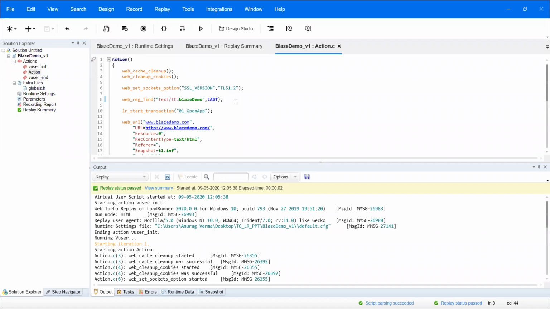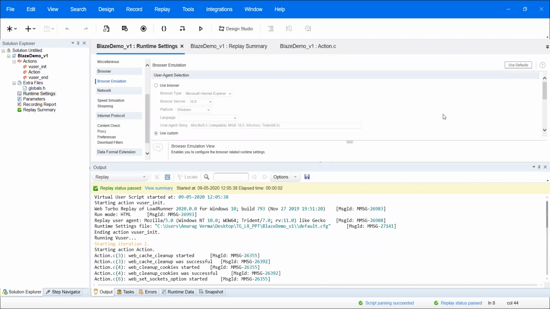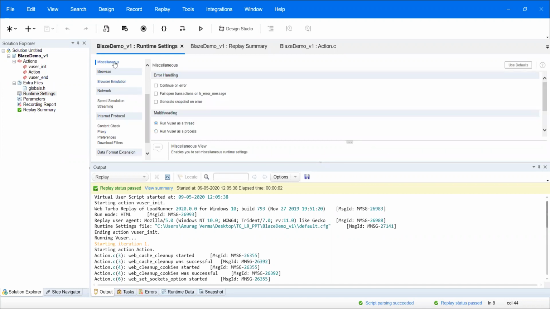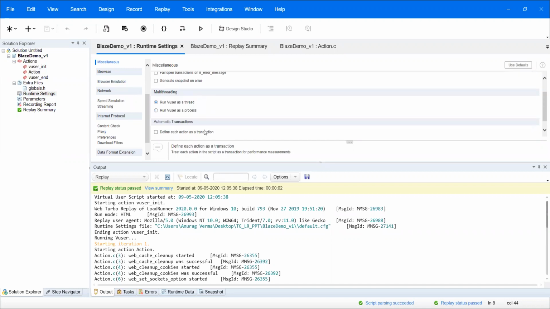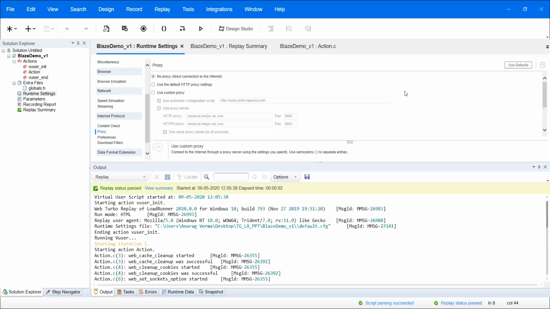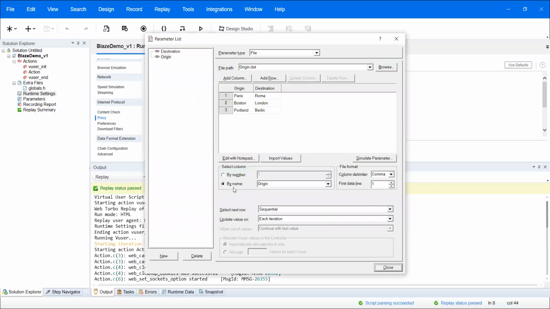First is case sensitivity. Second, in the runtime settings under browser emulation, you need to unselect download non-HTML resources. That is the second thing I told. Third, under miscellaneous, you need to unselect define each iteration as a transaction. This is the third point. Fourth point I told: go to the proxy, and it should be in no proxy mode. That is point number 4. And the next point I discussed: if you press Ctrl+L here, the parameter will also be selected as the same.